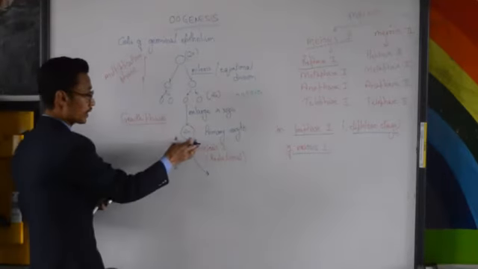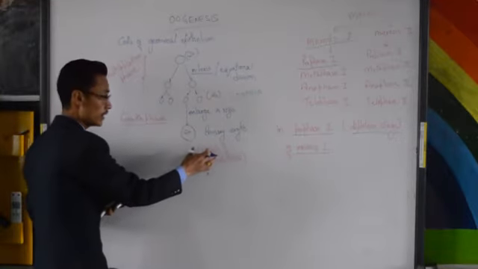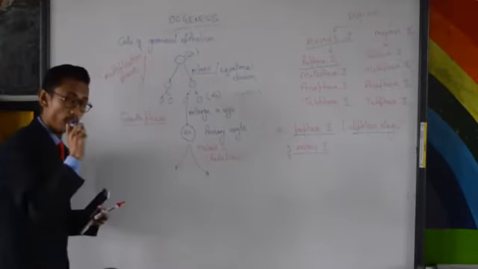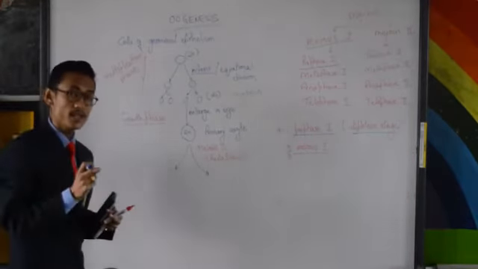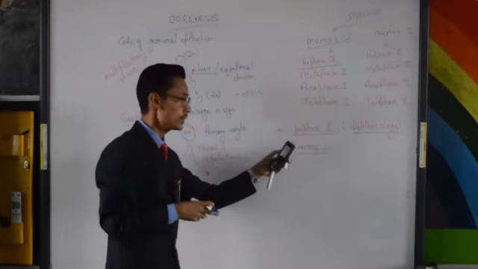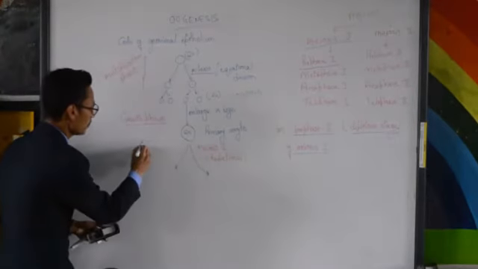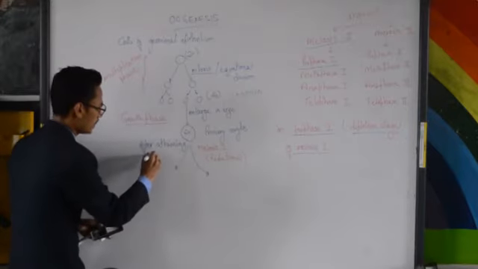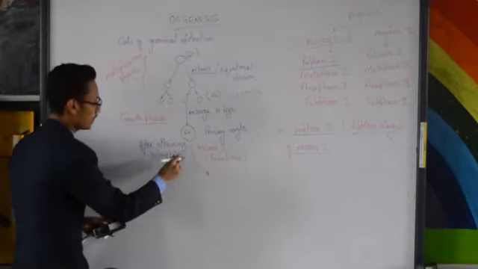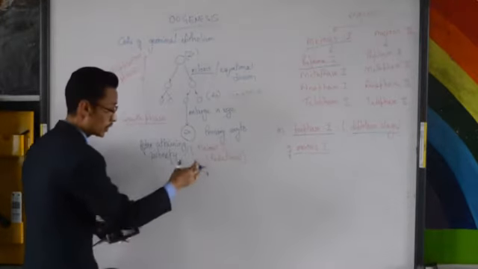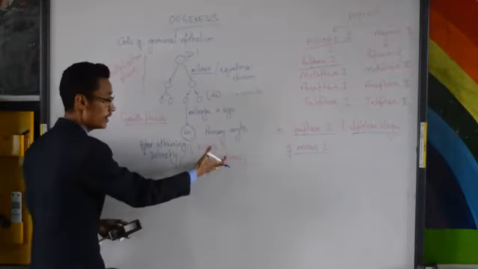Okay, so the primary oocyte has to undergo first meiotic cell division. Remember, it will only be completed once the female attains puberty. Till that time, it will be arrested at the diplotene stage of prophase 1 of meiosis 1. So after attaining puberty, the primary oocyte will complete its first meiotic cell division, meiosis 1, which is called reductional cell division,